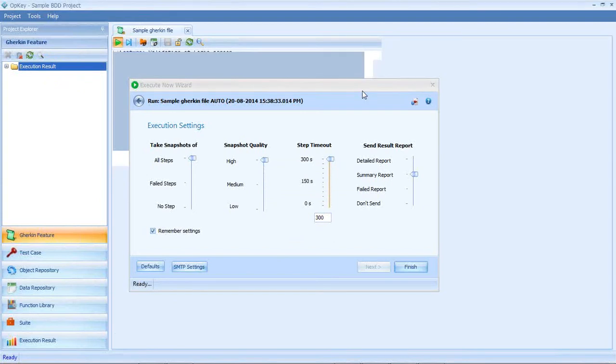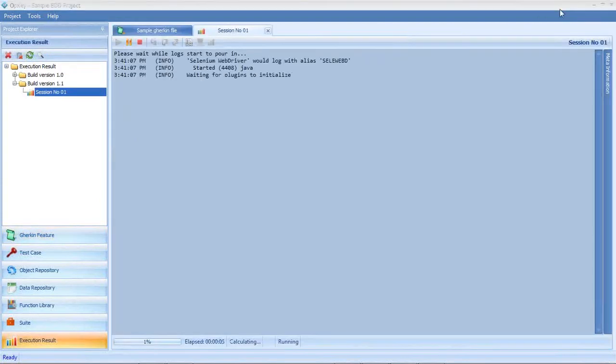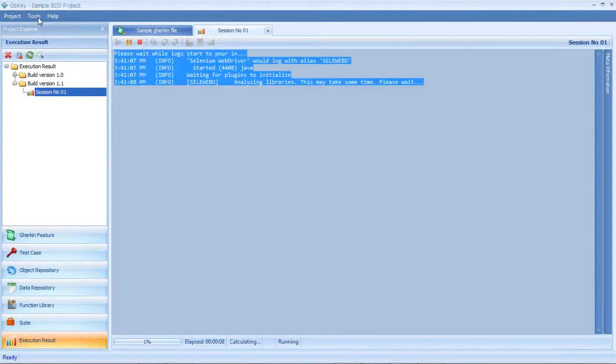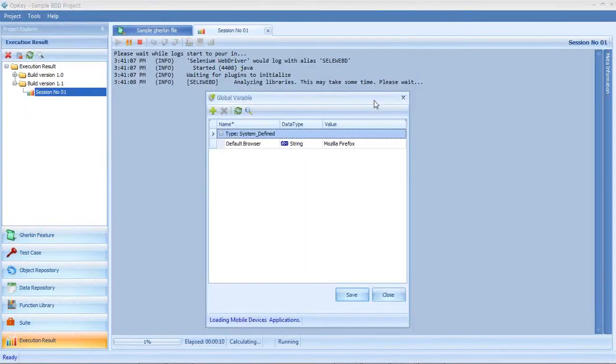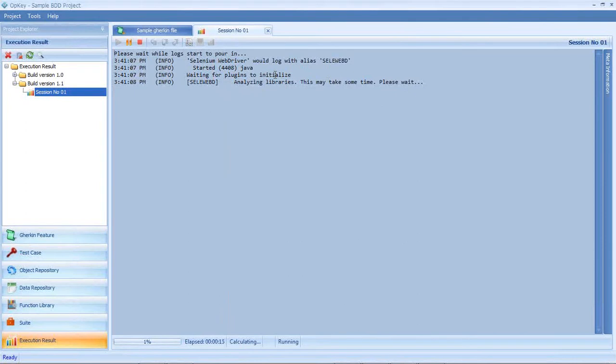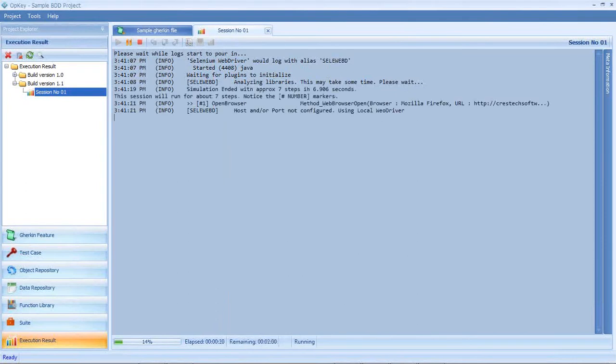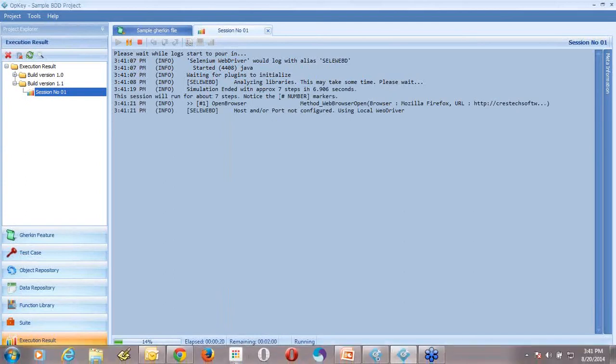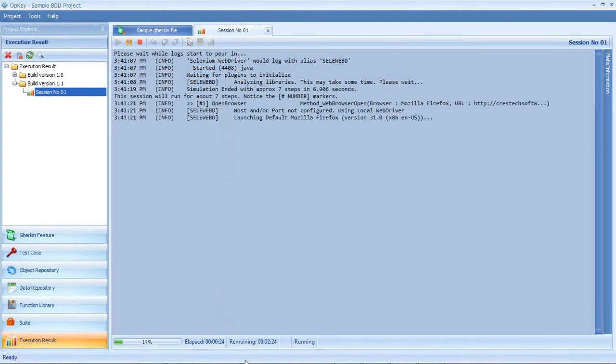Now it will launch Mozilla Firefox, as I have mentioned Mozilla Firefox in my global variable, and enter the URL in Mozilla Firefox, and then it will go through all the steps we have prepared. So it's launching Mozilla Firefox 31 version.